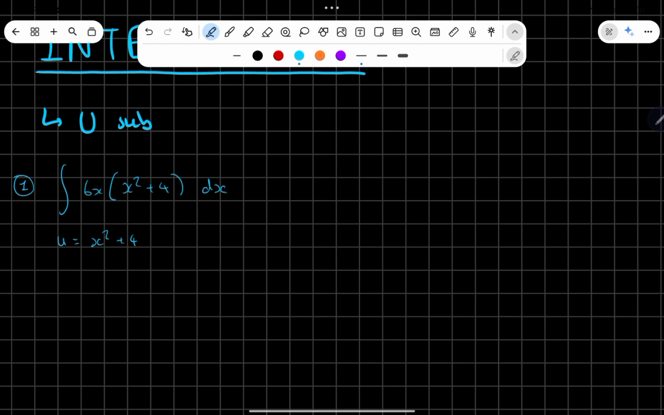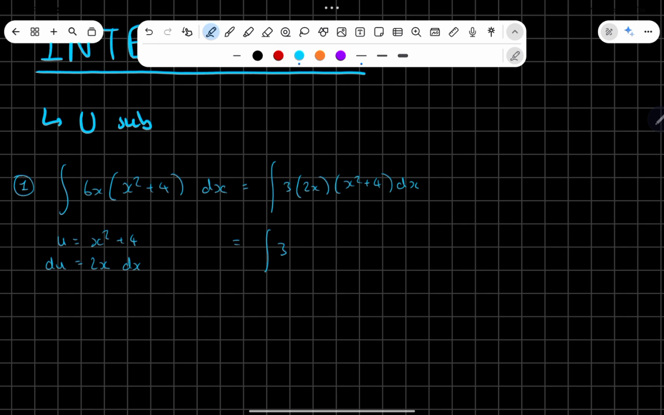So what is the derivative of u? So du is going to equal 2x dx, right? Because du over dx is going to equal 2x. Now I'm going to substitute these components back into our equation. So this is the same as integral, I'm just going to write it as 3 times 2x times x squared plus 4 dx, which is the same as integral 3,